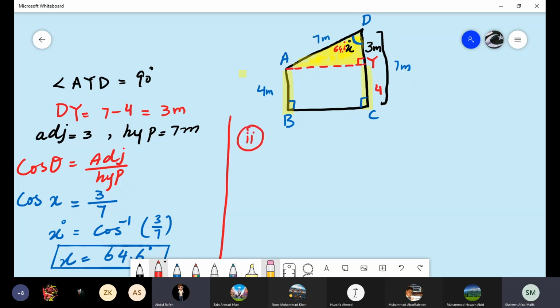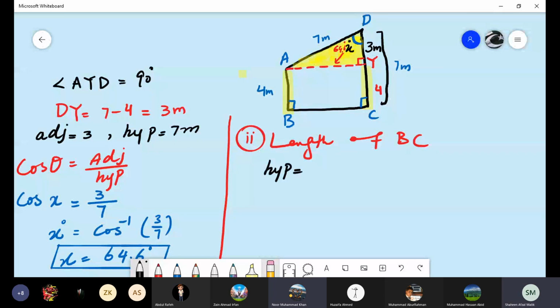The second part. Ma'am, we'll use sin theta. The length of BC you have to find. Can you see the lines BC and AY are parallel to each other? Yes, ma'am. Whatever the length of AY is, BC will be the same. So if we find AY, that will be the same length as BC. Because we are using the triangle, from the triangle, how can you find this AY? Sin theta. Yes, ma'am. What do you mean by sin theta?